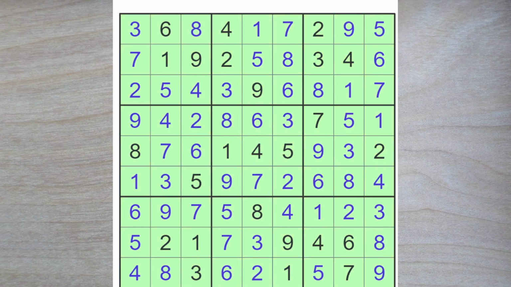Not an easy puzzle today, but enjoyable, and finally somewhat of a